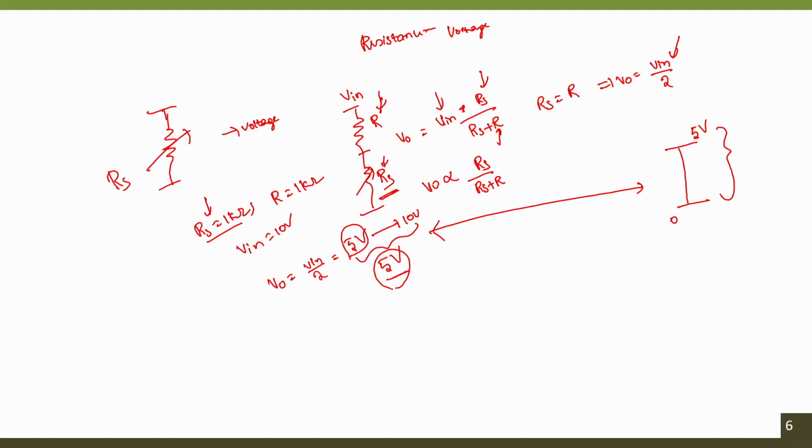The reason, I will tell you simply. For example, I have a resistive divider network and I connect its output to a system. Any system will consume some current while being provided some voltage. That means it will always have some input impedance. Input impedance and output impedance are important characteristics of any system. So, when I say the input impedance of the system is 1 kilo ohm, this is also 1 kilo, this is also 1 kilo, and this is 10 volts.